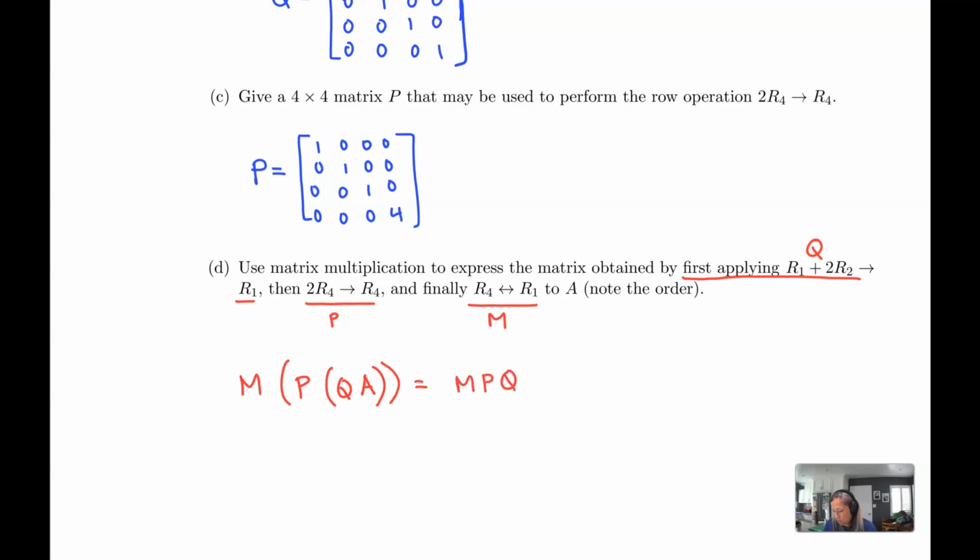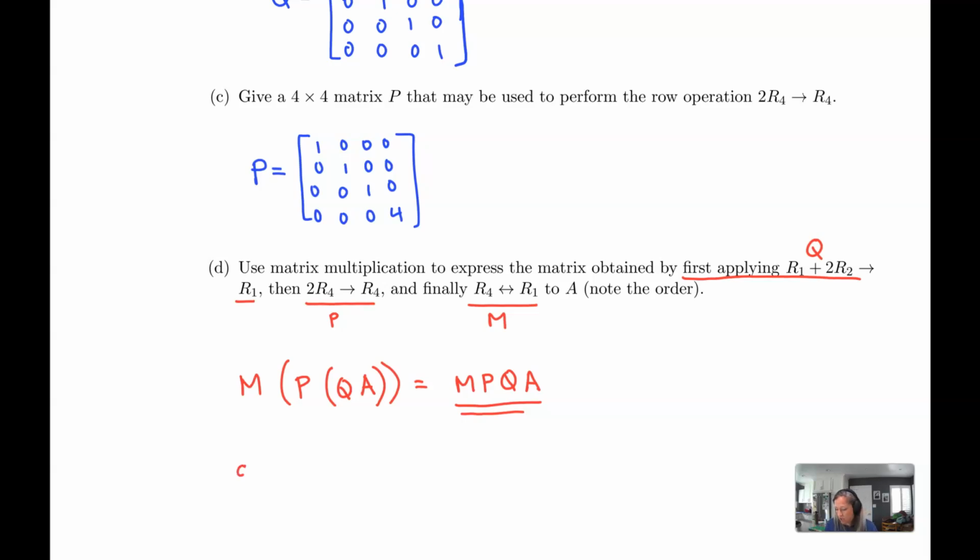Doesn't matter in terms of the associative property which multiplication we do first, but it does matter what order these multiplications are written in. So we needed to have this as our answer. Any other variation would not have worked here. And of course, you could actually write out the matrices, but that was just a lot more work to do that. So yeah, the idea here is, again, if we're doing something like determinants, like we just saw in the